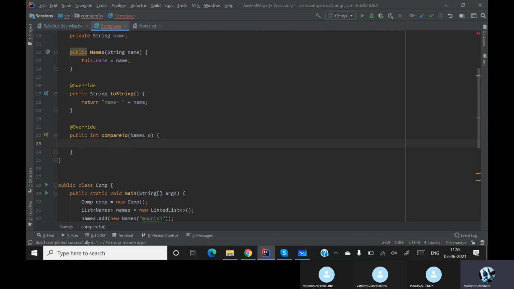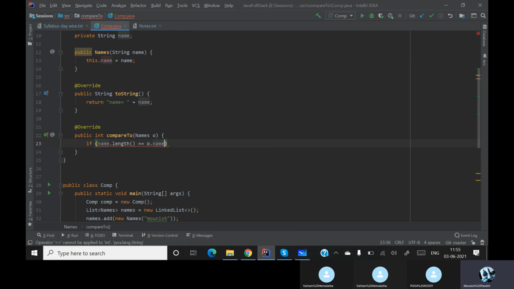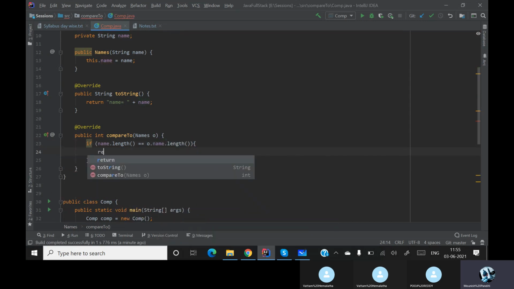We are tweaking the logic. So here I am simply saying if the original name.length is equal to the name referenced with an object O, so I'll put O.name.length, if this is happening, I'll say return 0.